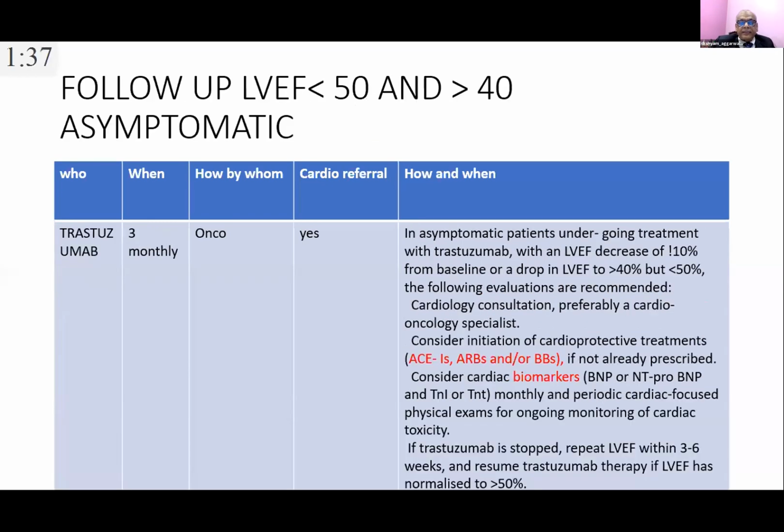Next, please. And now there are guidelines. So how to look at patients who have an ejection fraction which is, say, less than 50, but more than 40. So if it is more than 40 and the patient is asymptomatic, people think of adding, you have to involve the cardiologist, and we need to put drugs like ACE inhibitors or beta blockers, etc., and do these markers and see if we can sustain the use of trastuzumab in this situation.